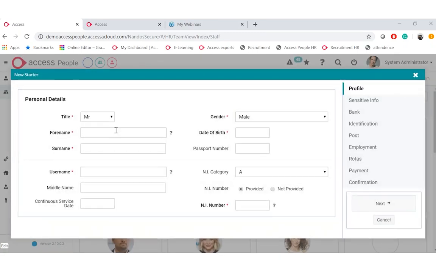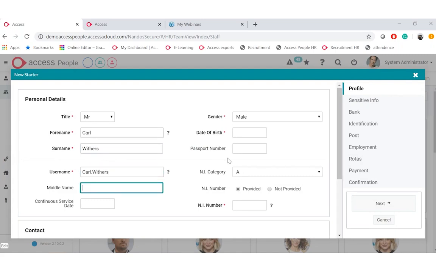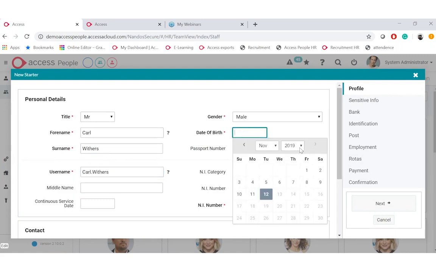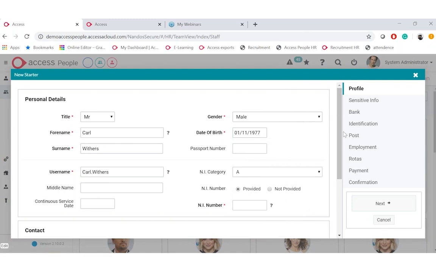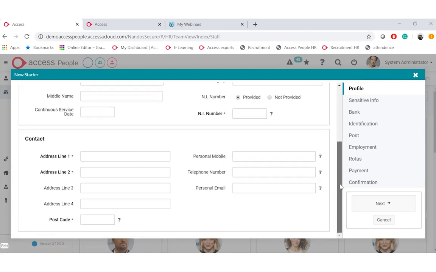When adding an employee, it's as simple as just adding that information, or it can come through the recruitment side. And there's certain information you will need to record. Quickly put some address information.